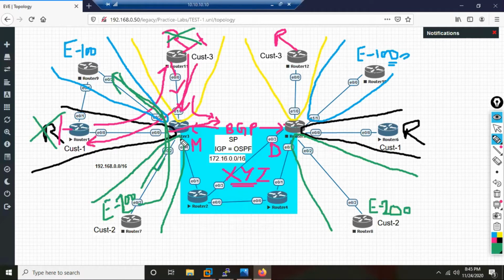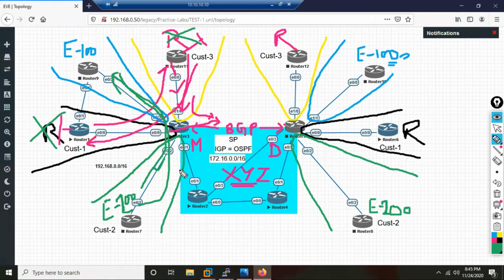So on R3 now, will the routes leak between EIGRP 100 and EIGRP 200? No. On R3 the routes won't leak because their AS number is different. AS number different means what? For router R3, it is as good as two different processes. So whenever a router learns routes from two different processes, does the router exchange the routes by default? No, the router never extends the routes of one routing process into another routing process.